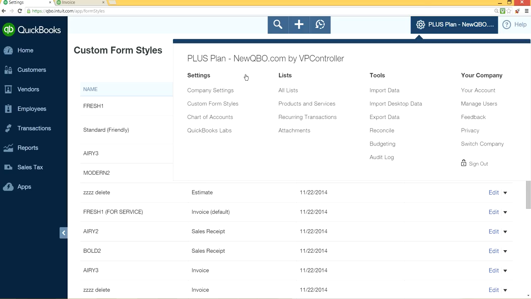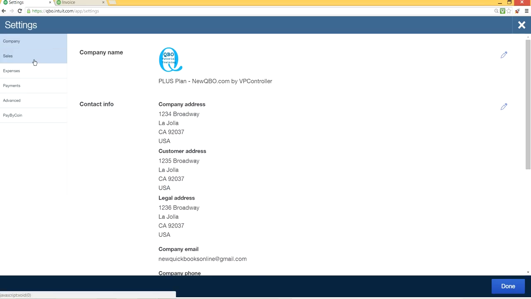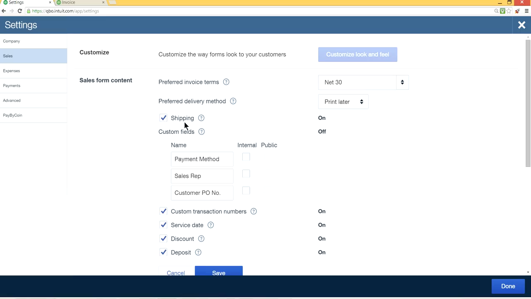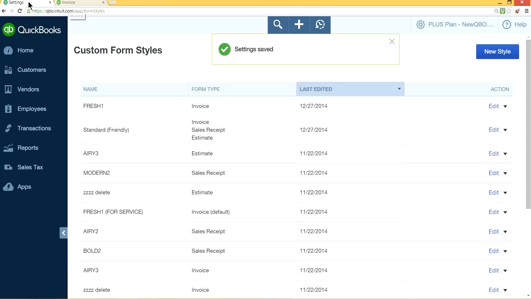So you come here to the company settings, sales, and the custom fields are off right now. In this case, I have a payment method. Say the customer asks you to pay by check or pay by something else. You can put it in here, internal and public. And if you want to identify your sales by your sales rep, you just put in sales rep. And if you deal with the customer's PO number, the purchase order number from your customer, that's where it is. So once you save it and come back here,